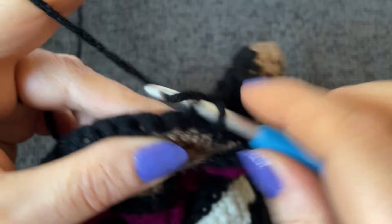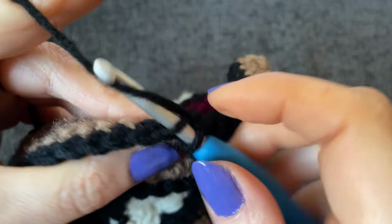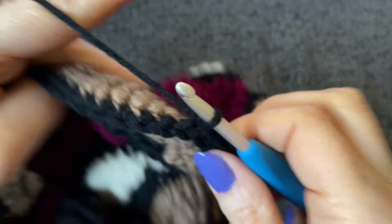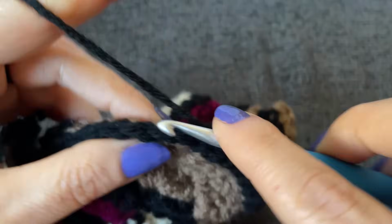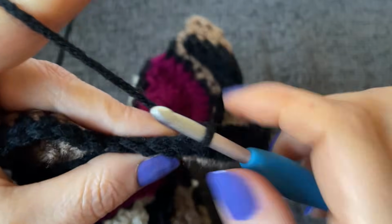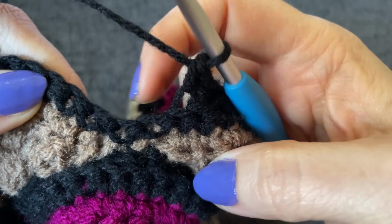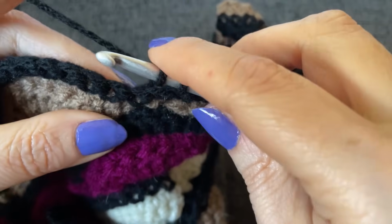1, 2, 3, 4, 5, 6, 7, 8, 9, 10, 11, 12, and 13. Now we're going to pick up the next 3 stitches, back loop only, 1, next stitch over,